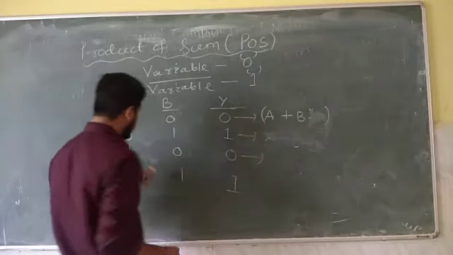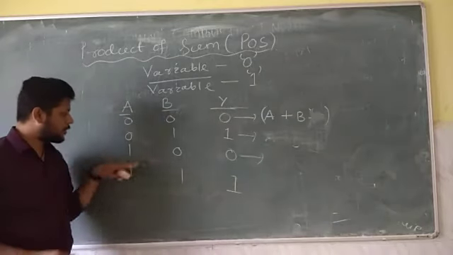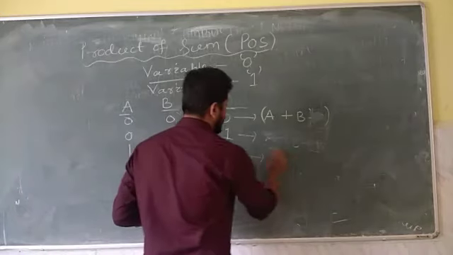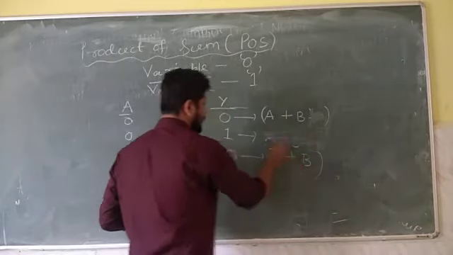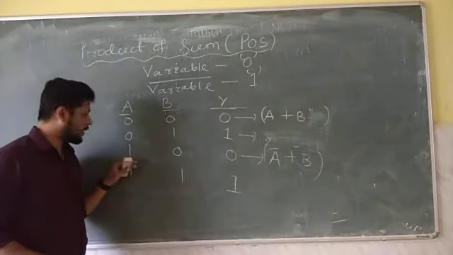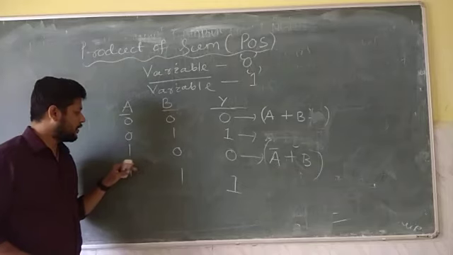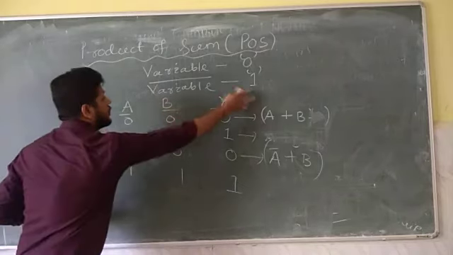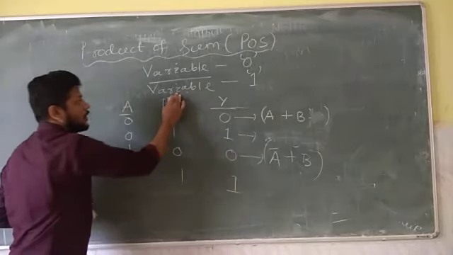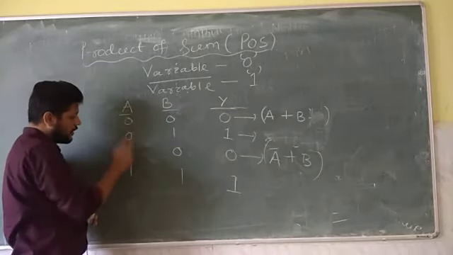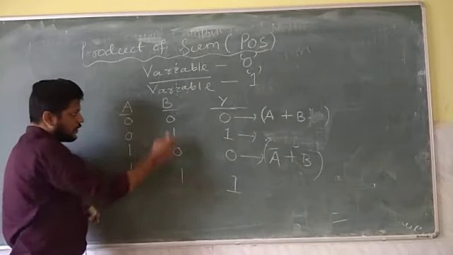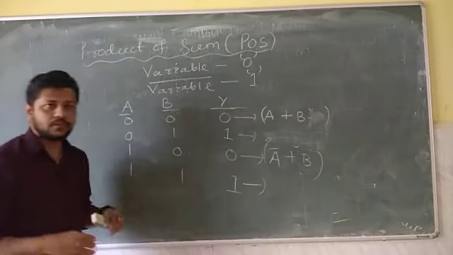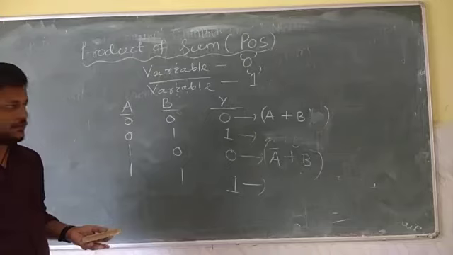So again here this is 0. So 0 for which combination of input? That is a bar plus b. So why am I writing this as a bar? Because here the variable is 1. Hence I am writing a bar. For 1 we can write variable bar. So here a is 1, that means a bar, b is 0, that means b. Again, no need to write this expression because plus 1 means the output is again 1.